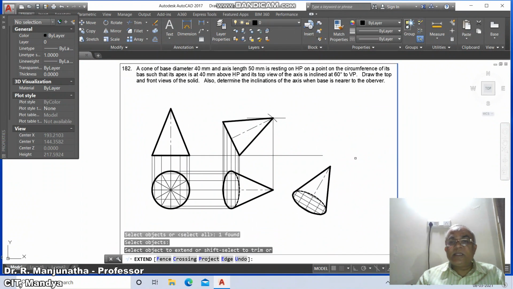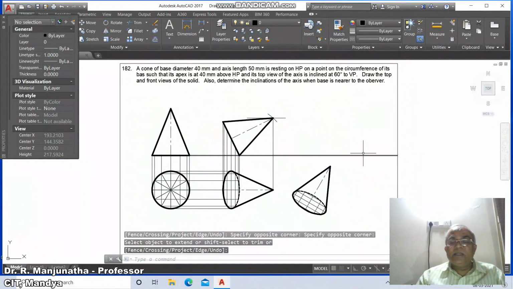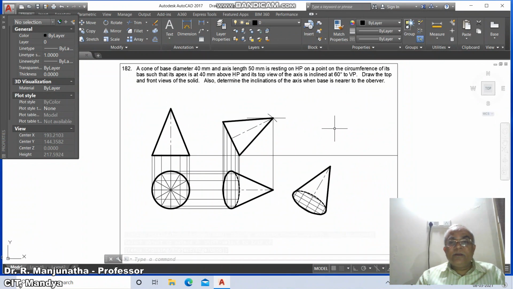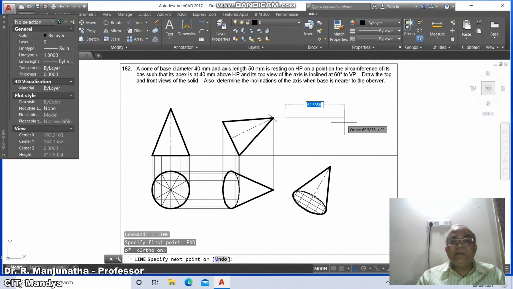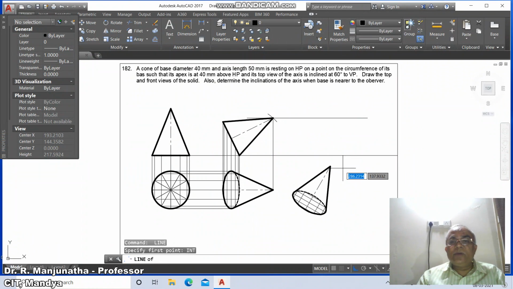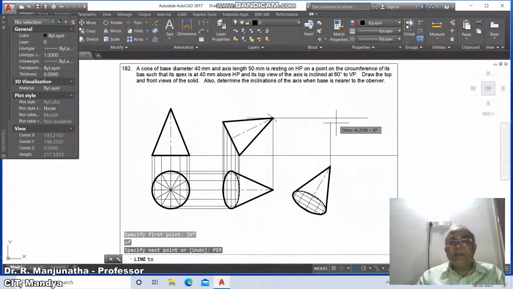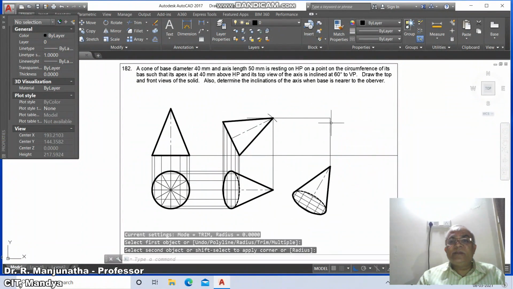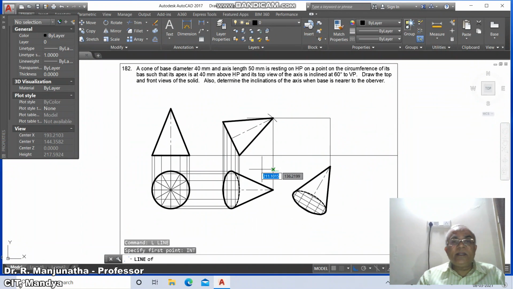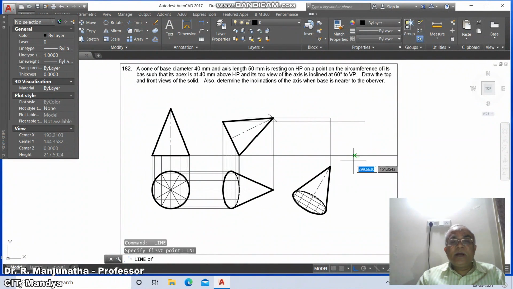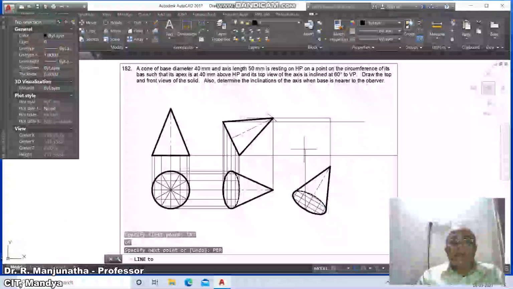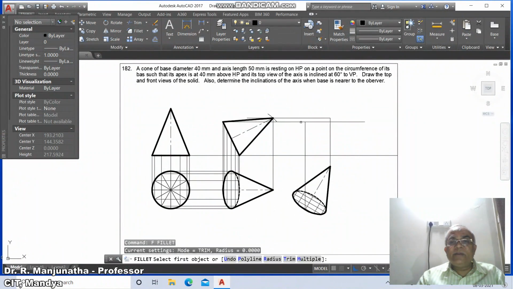Then go to extend, select this, extend this line. Now here you go for the line command, draw a line from end point of this and draw a horizontal line, and then go to line, take int of this and draw perpendicular to this, then go to fillet between these two. Then similarly go to line, int of this and draw a horizontal line, and go to line, int of this, which is that point which is here, take perpendicular to this, then go to fillet between these two.